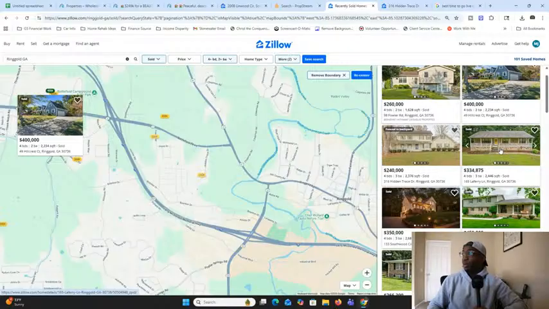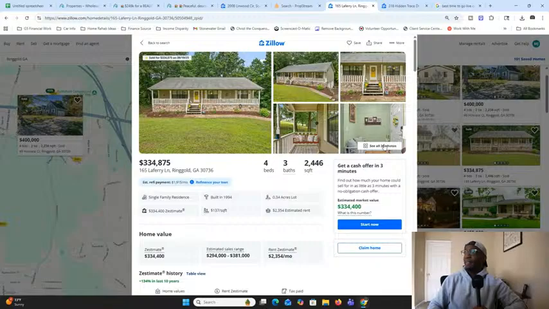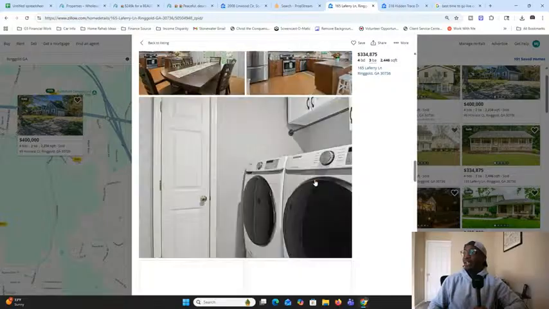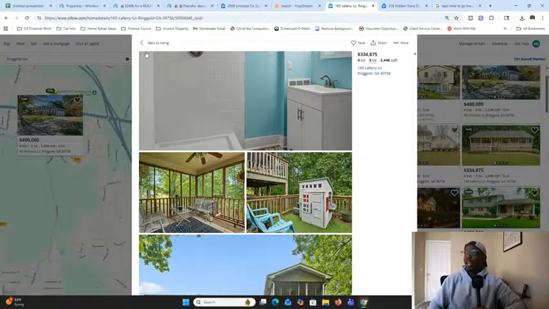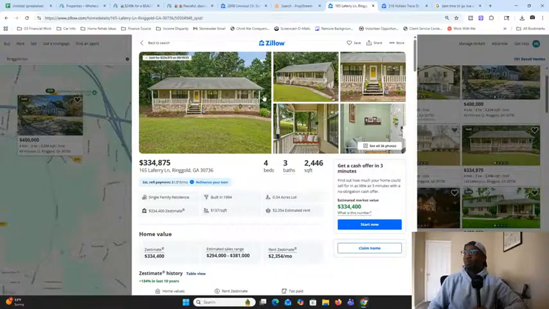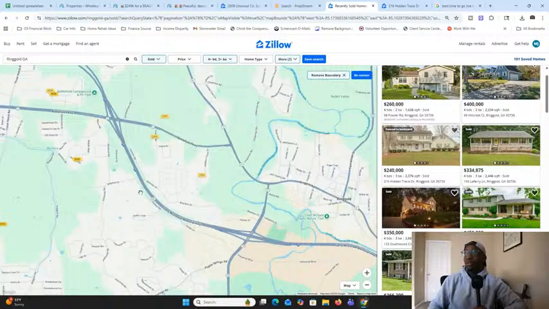Now the next one, we have this one right here, 334. Okay, 4 beds, similar, slightly more square footage. Now let's see how updated this one is. Now, it's a little bit dated, but it's livable. Obviously, people bought this property for $334,000. And so I would actually keep it, even though it doesn't look the best. The backyard could be a little bit flatter. And yeah, so 334,000. And that one, where was that one though? That one's right here. So we're going to use this comp also, 334,000,